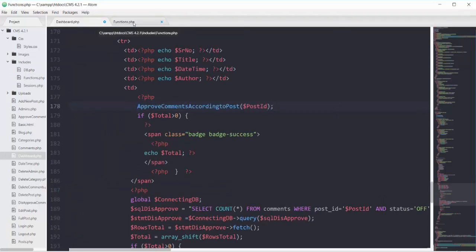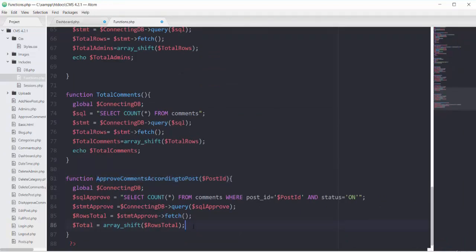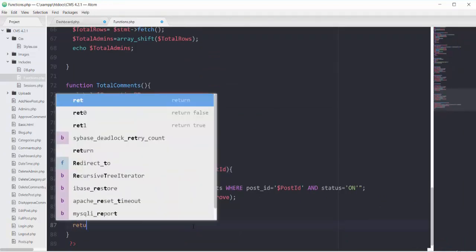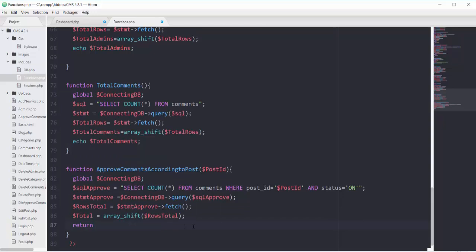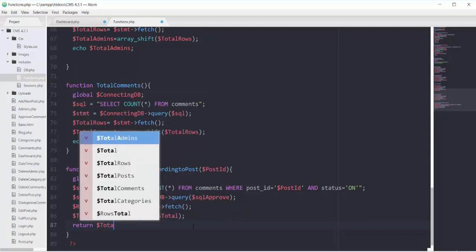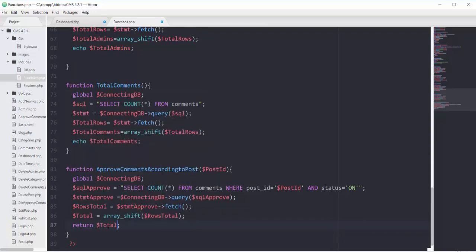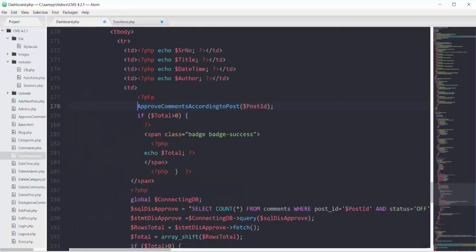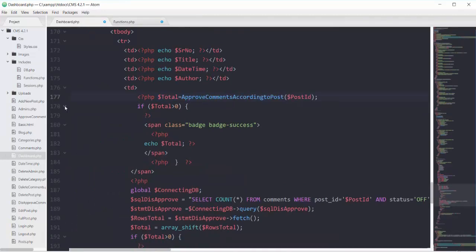Instead of echoing something out of this function, I can add the return here, and I will return this total. So now I'm returning total from here, so I can put that one here and equal it with the approve comments according to post. Then the rest of the part will be the same.